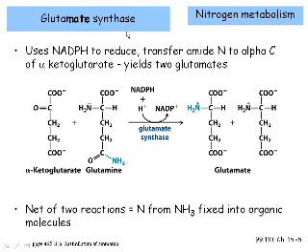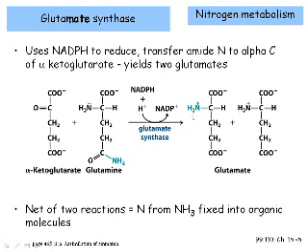And what glutamate synthase is going to do is use the nitrogen from a glutamine and a carbon backbone from the citric acid cycle. So here's alpha-ketoglutarate. It's carboxylic acids at both ends. And here's a molecule of glutamine. Glutamate synthase is going to use NADPH in order to reduce that carbon, which of course it needs to be an amine group, and move the nitrogen to that reduced carbon.